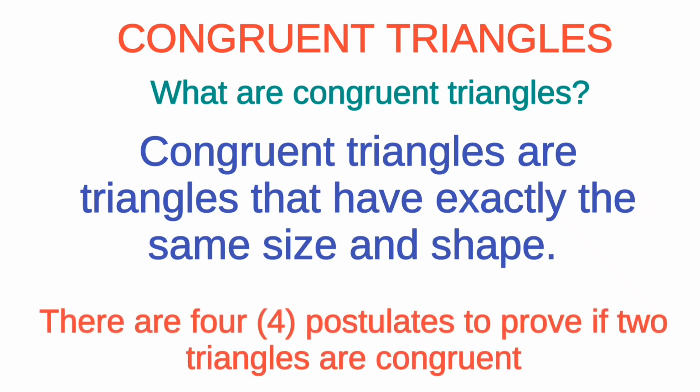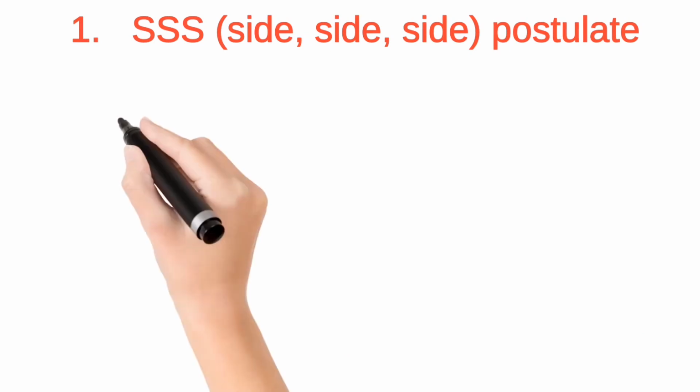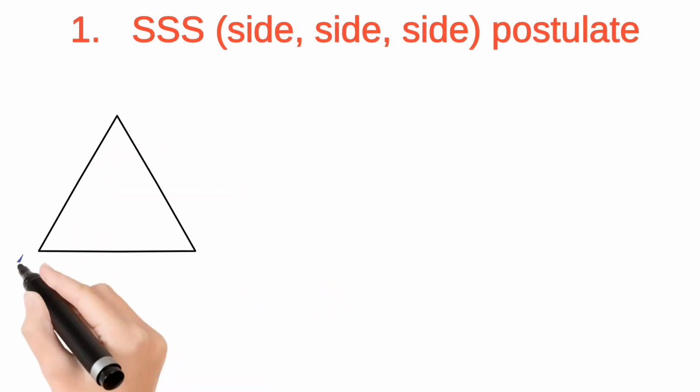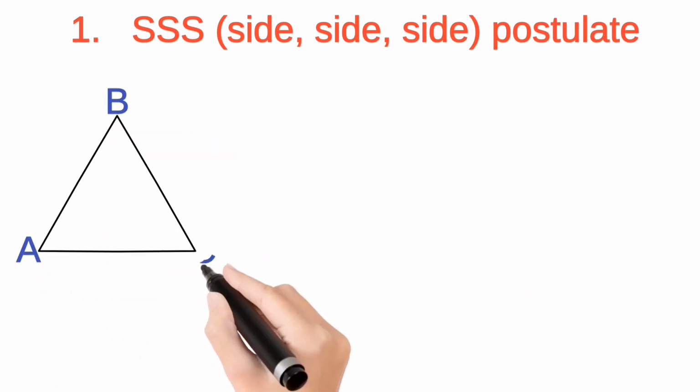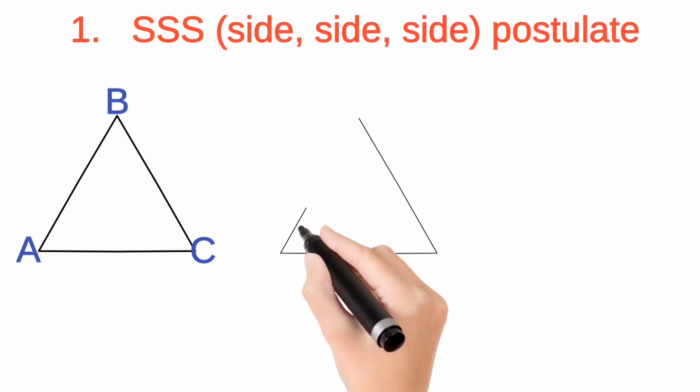There are 4 postulates to prove if two triangles are congruent, and we are going to be looking at each of these postulates one after the other. The first postulate that we are going to be looking at is SSS postulate, that is side, side, side postulate. Now, given a triangle ABC and another triangle